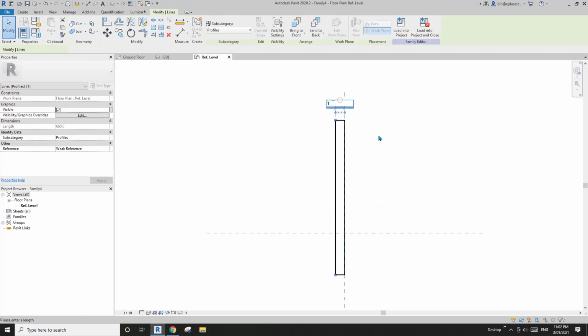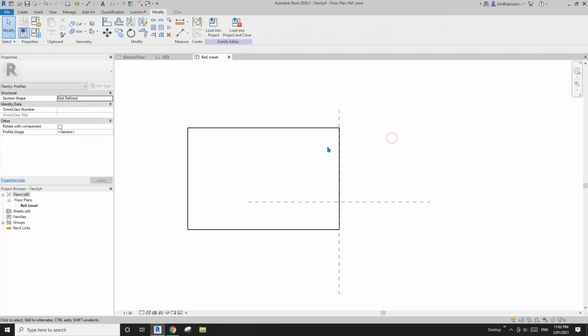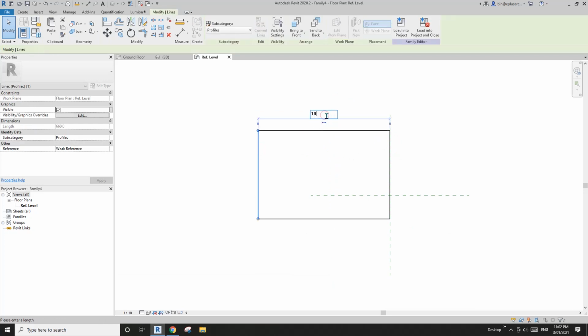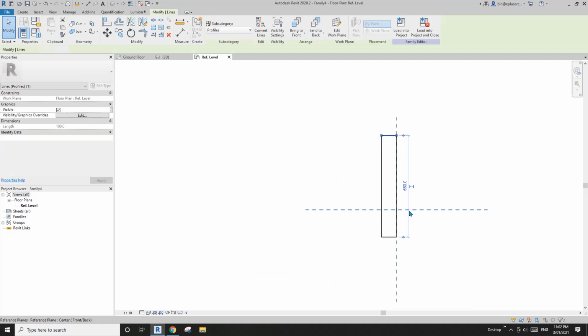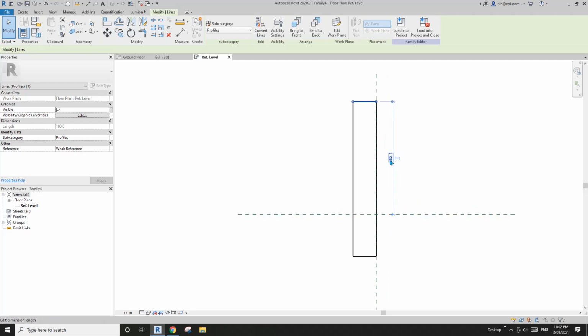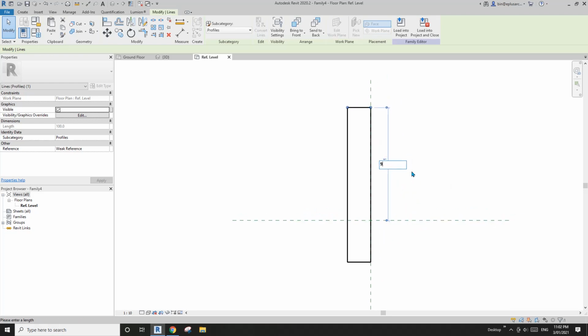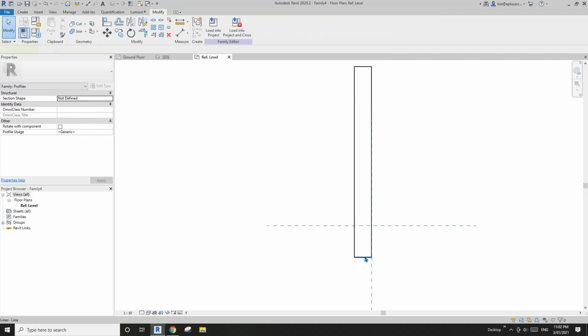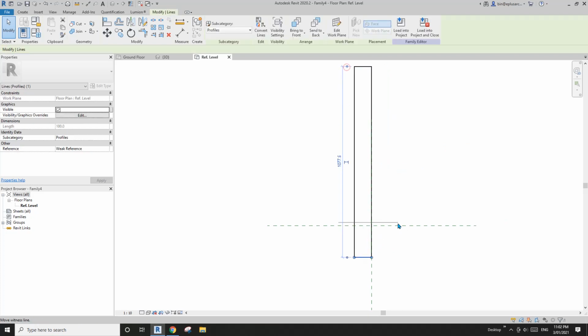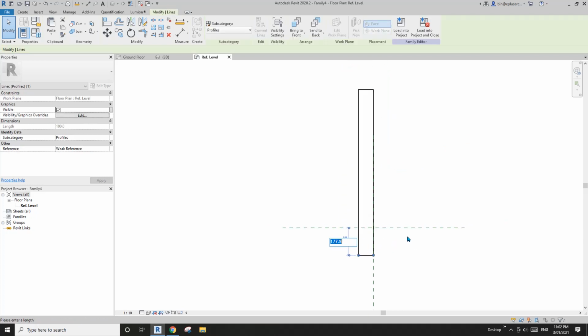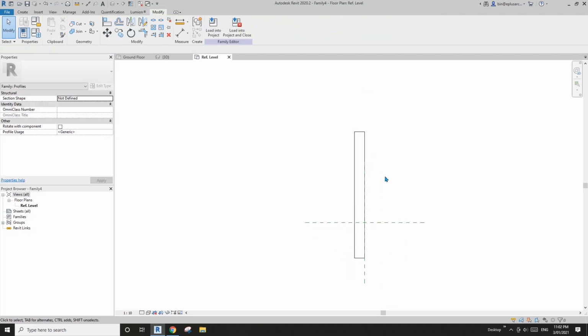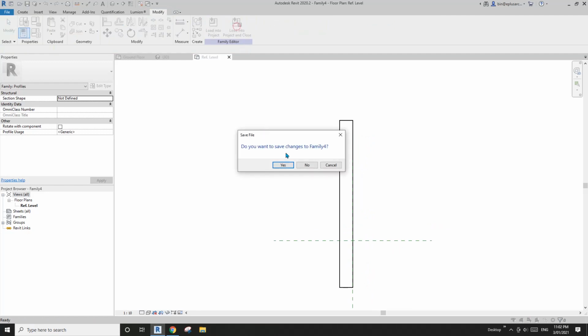So let's say 100 and 100, and it will be from this stairs maybe 900, and below this level maybe 350. So now load this into the project,